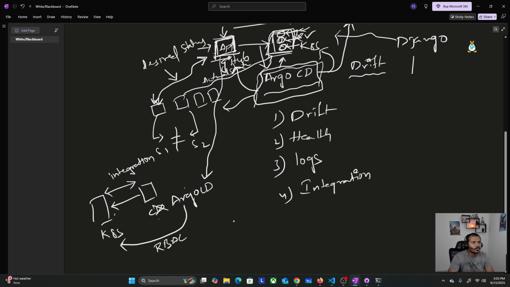There is no need of integration since this is running natively on the Kubernetes cluster. So I think we covered a little bit of overview on the Argo CD, but as I told you, this is not the very in-depth detail, but I believe this is going to give you some very high-level details on